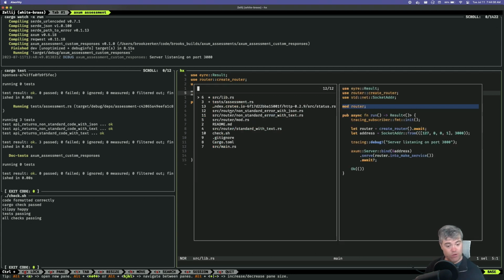Big thing though is, and somebody did ask me about this one, and I did look into it. While you can do your impl in a different file than your struct declaration, I wouldn't recommend it. There's some weirdness that you run into that you probably just don't want to have to deal with ever. So if you're going to have an impl block, just put it in the same file as your struct implementation.